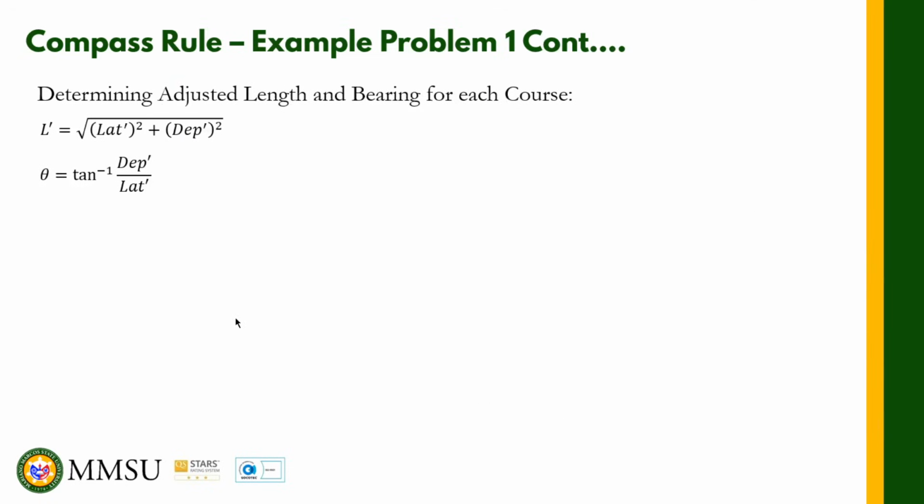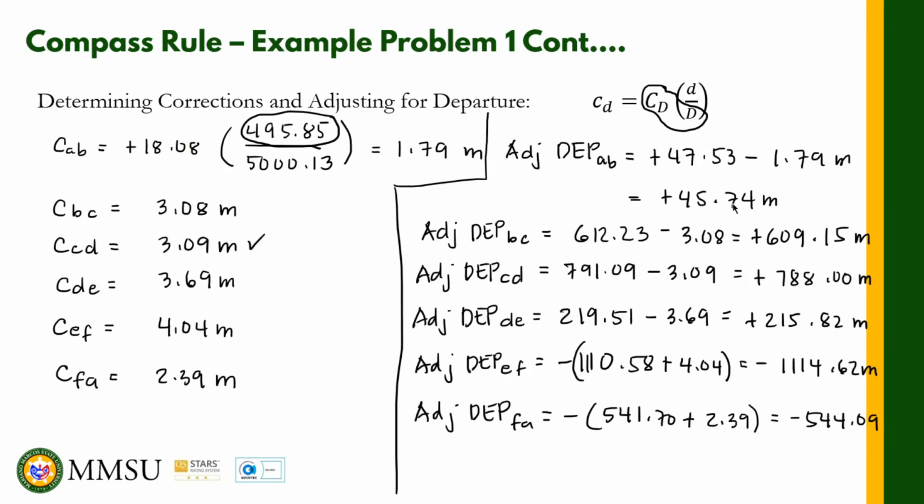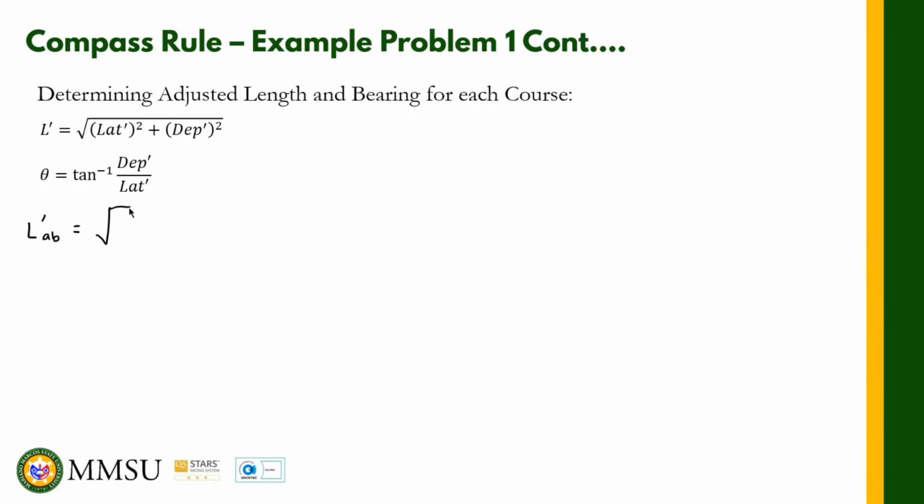Ang susunod na gagawin natin is to determine the adjusted length of each course. Okay? I-compute na natin yung adjusted length of each course. For AB, the adjusted length of AB is now equal to, eto na ngayon, adjusted latitude is 491.90 and the adjusted departure is 45.74. Okay, yun na yung gagamitin natin for the length of AB, square root of